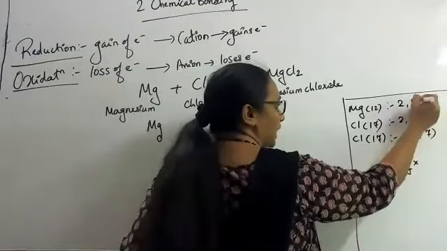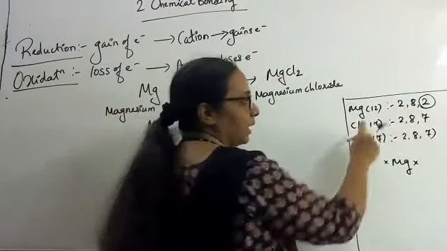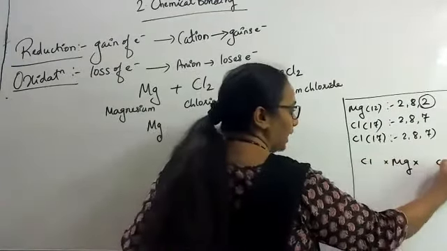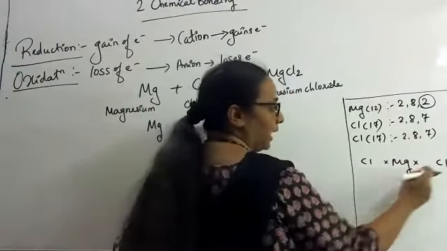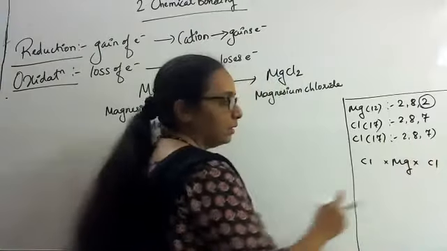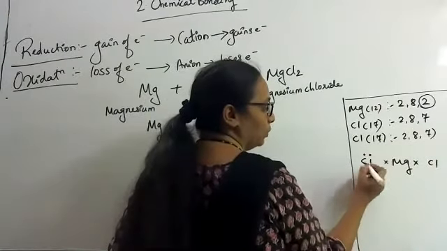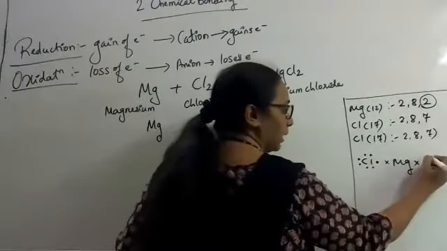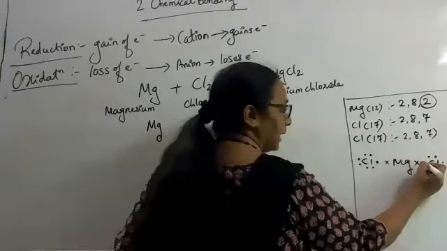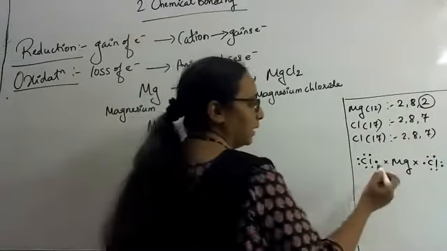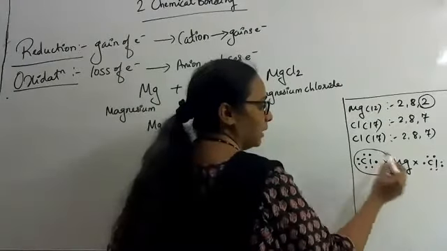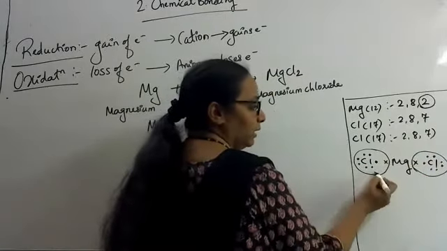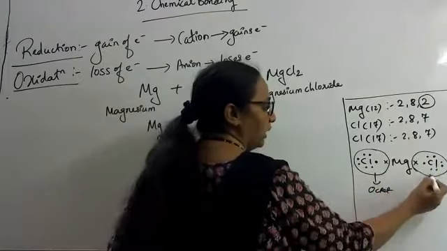What does this cross indicate? It indicates the two electrons which are present in the outermost shell of magnesium. So these are the two electrons, and these are two chlorine atoms. The chlorine atoms are surrounded by 7 electrons: 1, 2, 3, 4, 5, 6, and this 7. Same over here: 1, 2, 3, 4, 5, 6, and 7. So the chlorine gets the electrons from magnesium, and chlorine completes the octet.